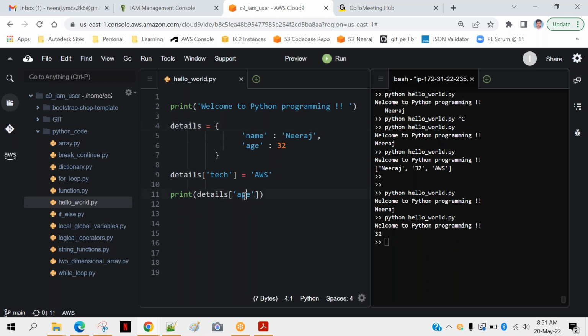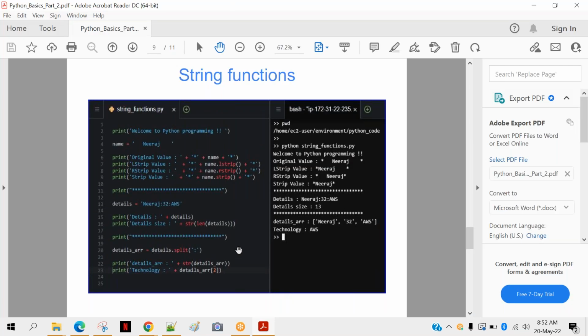If you want to access that, you can try like this, and you see that it will display AWS. So this way you can declare a dictionary with some key value pairs. Later on you can add more key value pairs and you can access those details as and when required. So this is all about how to use dictionary in Python.